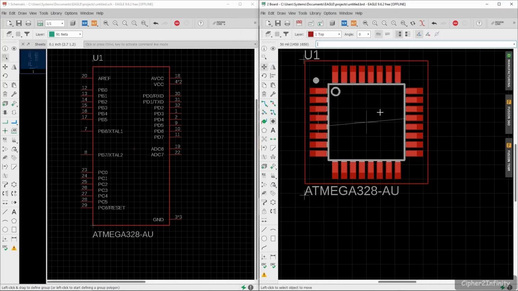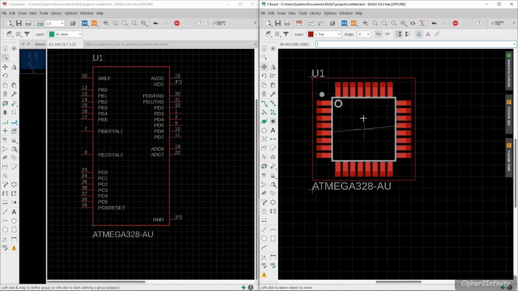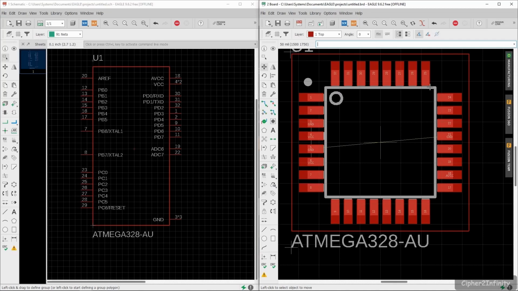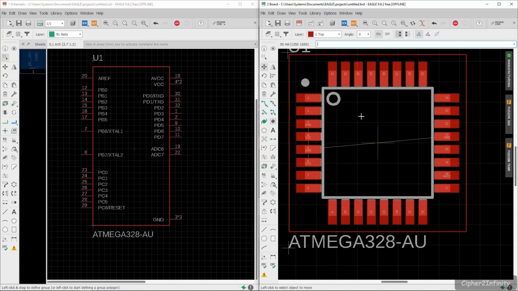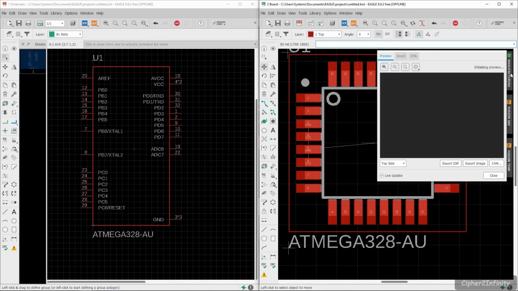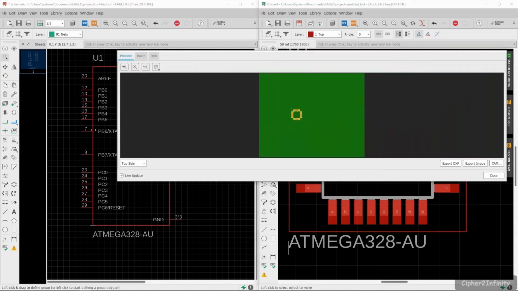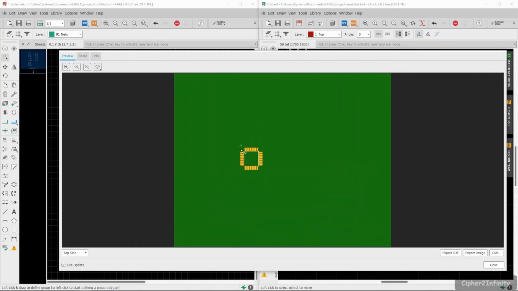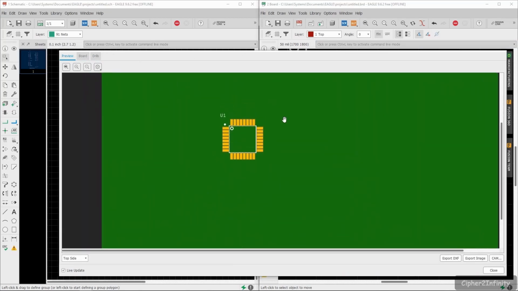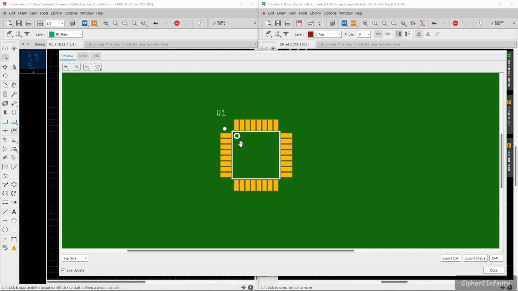Now if you observe this footprint, everything is okay, but I have a habit of creating a silk screen around the IC. Let me show you on the manufacturing tab. When you receive the PCB, this is how the footprint and the outline on the PCB is going to look like.